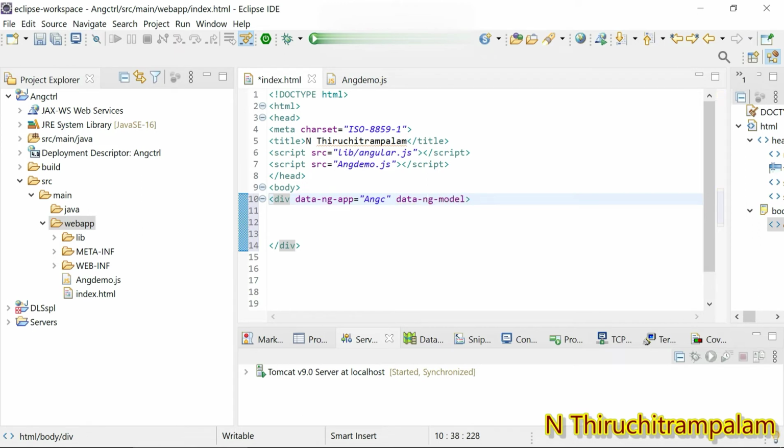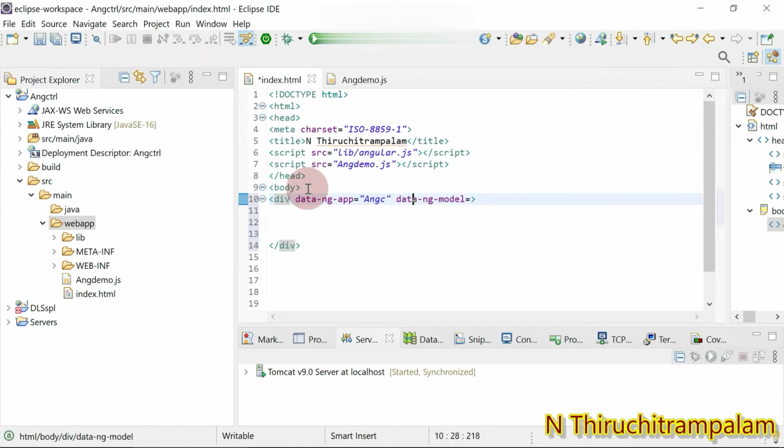We are going to use the model directive, because we are going to make use of this ANGC module. This directive, data hyphen ng hyphen model, should be used.